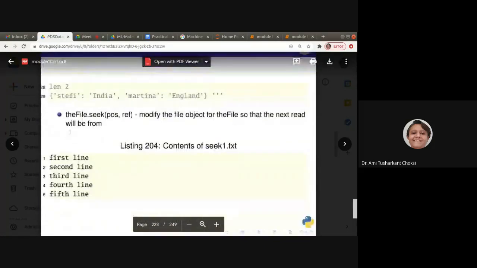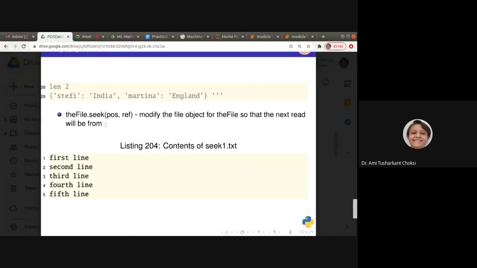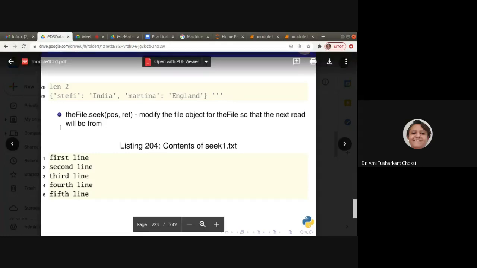Now, the next thing we want to learn is the seek operation. Seek is not to seek for particular content. We can provide the position, till that point our file pointer, or file handle, will move.